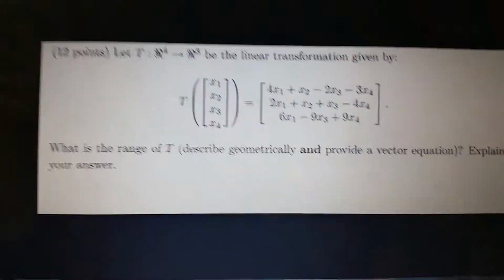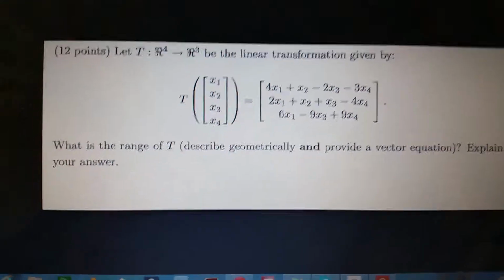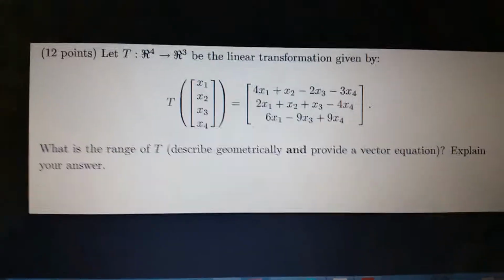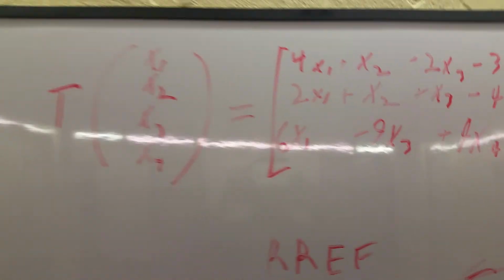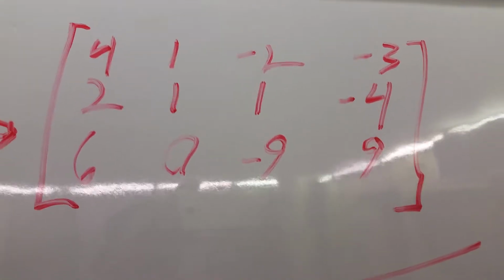The problem given wants us to find the range of a linear transformation described as seen over here, geometrically, and a vector equation needs to be provided. In order to do that, we need to first turn our linear transformation, again as shown here, into a matrix. You turn a linear transformation into a matrix by pulling away the coefficients from the linear transformation and simply putting